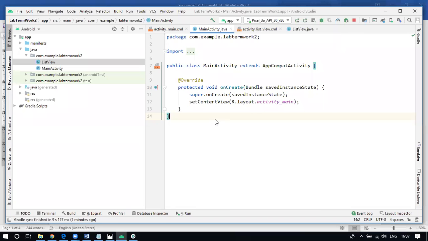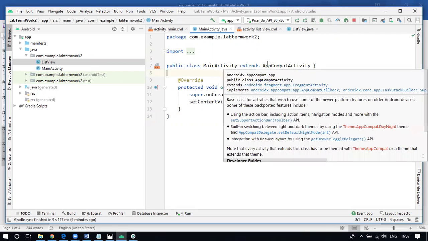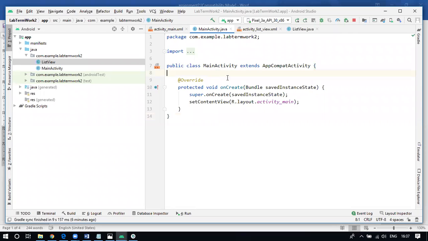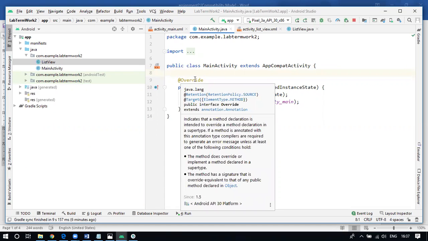Here I will create a variable for the button. The important thing that we need to understand here is that this is the main activity, that is the user defined class, and this is the main class, that is the app compact activity. So we are inheriting the features of this app compact activity. All the methods and the other data members present in it can be inherited by this main activity. This override indicates that